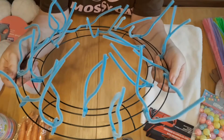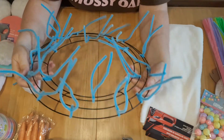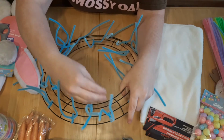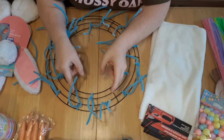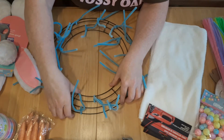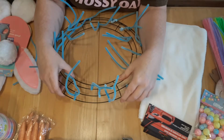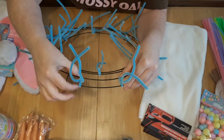Okay, to wire your wreath form from Dollar Tree, these forms are sectioned off, and I believe there's 6 sections. And what I mean by section is where you have these metal cross members right here, and this would be considered one section. And there's 6 of them all the way around, and there are 4 wires in between each of these sections. So what I do is I'll take 2 pipe cleaners and I'll wire the outer 2 rings